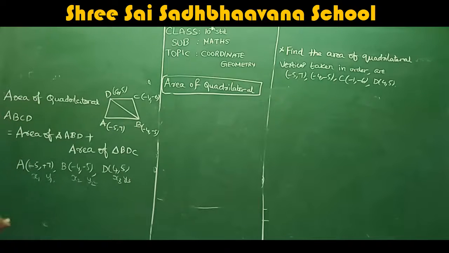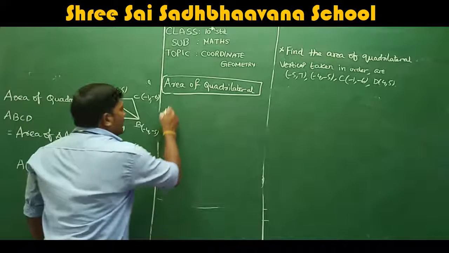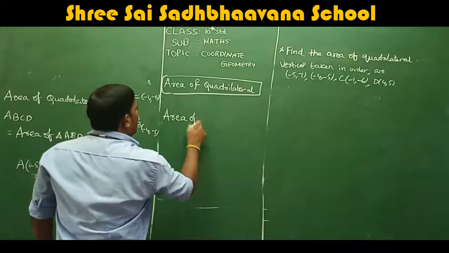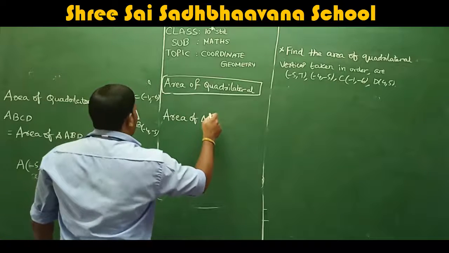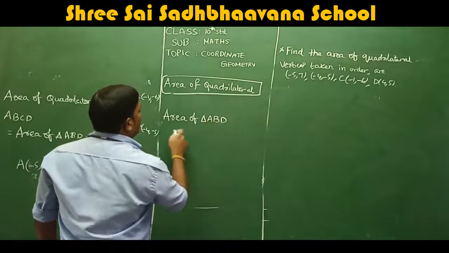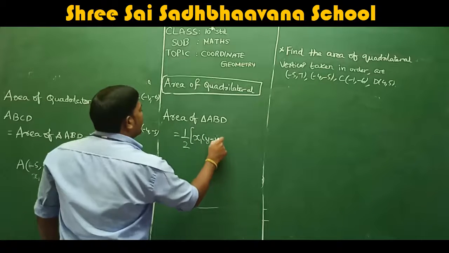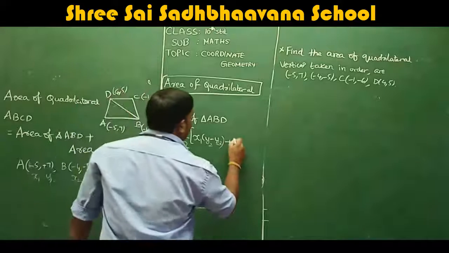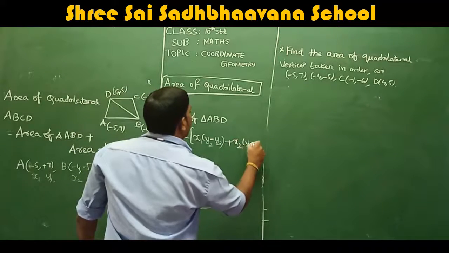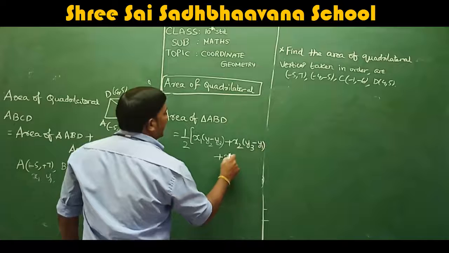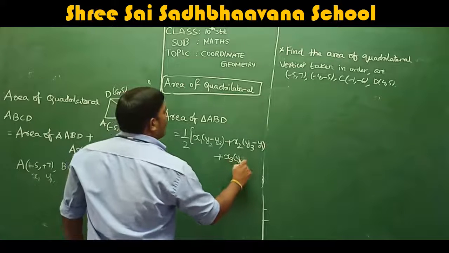So now use the formula. What is the formula? We are finding area of triangle ABD. So the formula is the same: half into x1 into y2 minus y3 plus x2 into y3 minus y1 plus x3 into y1